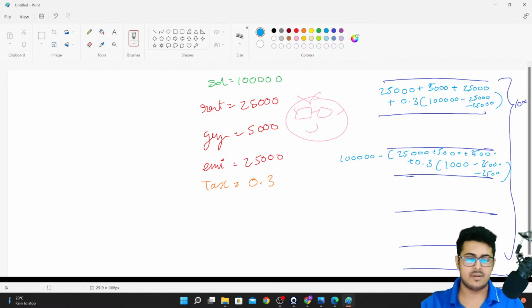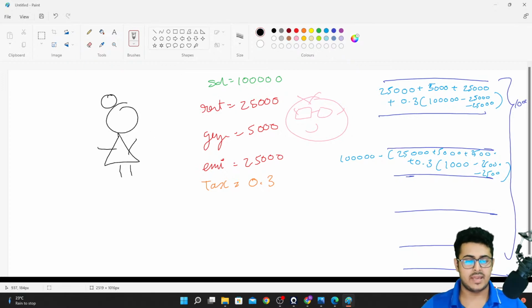But right now what happens is that your landlady comes to know that you have shifted to Bangalore and you are paying a rent of 25,000, but you are also a software engineer. So she knows that living in Bangalore, software engineers earn a lot. So she's like a devil, a mean lady.